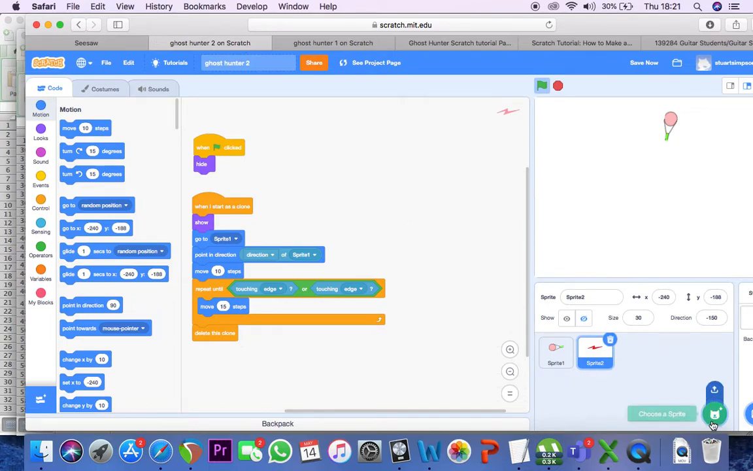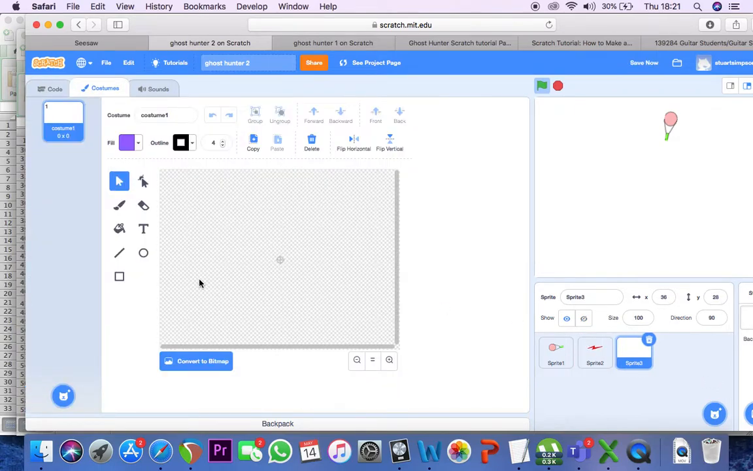So first of all, we need another sprite, and it's going to be your ghost. Now I'll show you how I made my ghost. I based my ghost on the sort of Pac-Man type ghost, if you've seen Pac-Man before. So what we're going to do here